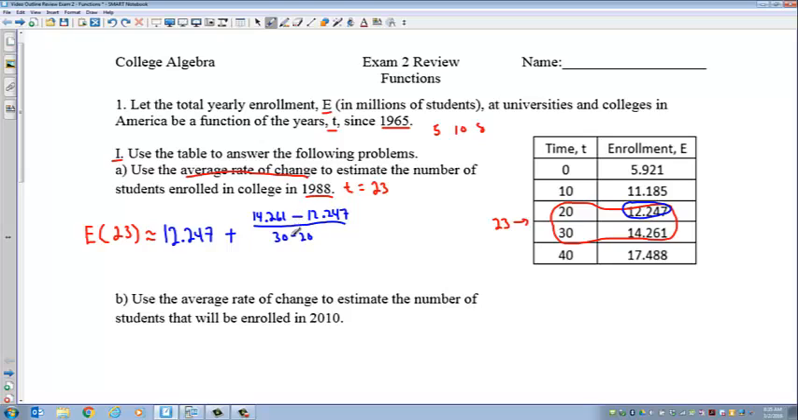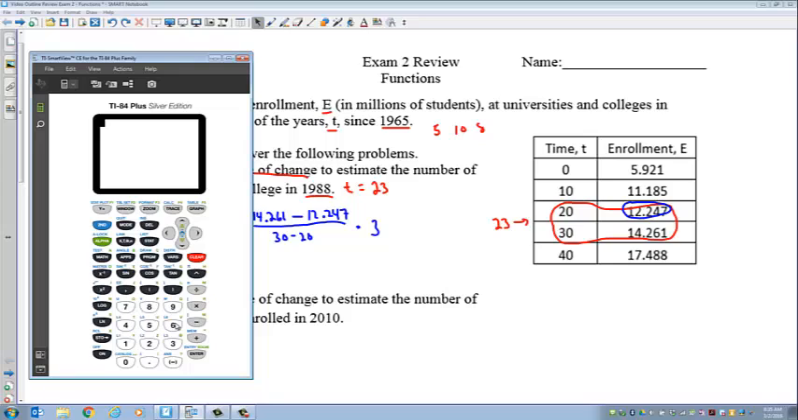Again, this is millions of students per year, and then you multiply that by the change in years. You're going from 20 to 23, so you multiply that by 3. Take out your calculator and let's do this. You put in 12.247, that's where we started, plus, remember you have to put parentheses around the top, so left parenthesis, 14.261 minus 12.247 in parentheses, and then divided by 30 minus 20, which is just the number 10, so divided by 10, and then multiply that by 3, hit enter,